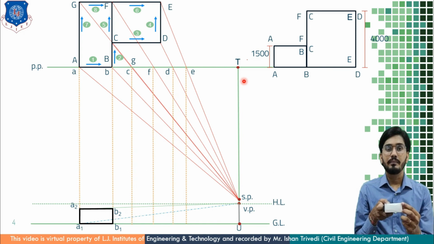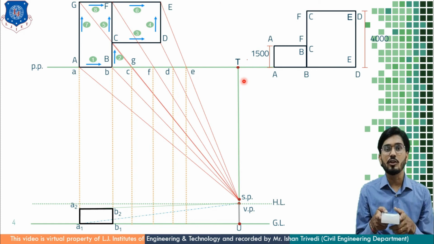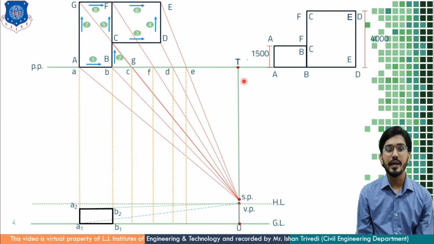A1 and A2, B1 and B2, here there is one horizontal line and this one is a vertical line, and these things will remain as it is, but this horizontal means backside part, depth part, are merging, which is also part of horizontal lines, but out of two sets of horizontal lines, one set will remain parallel to picture plane and the other set is merging at a point, and that is vanishing point.